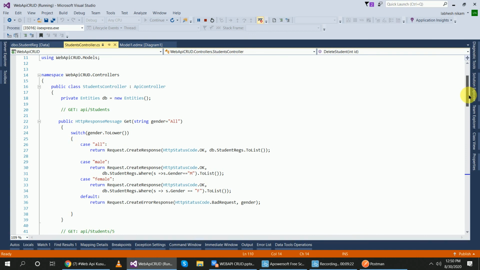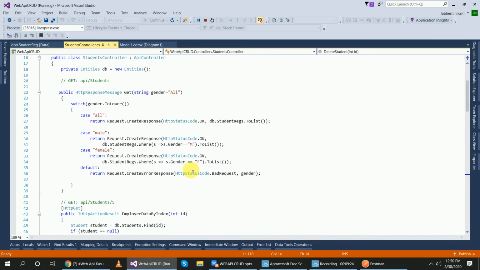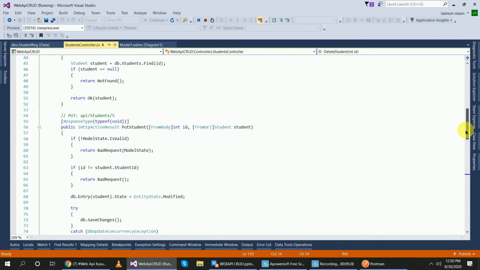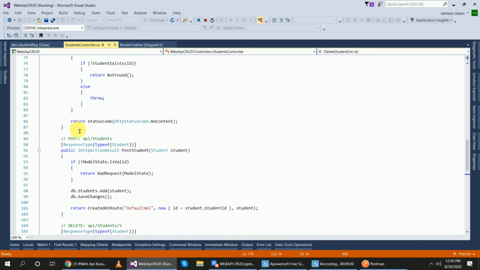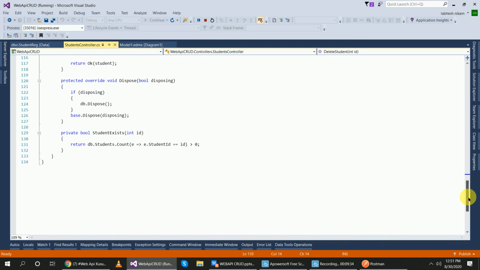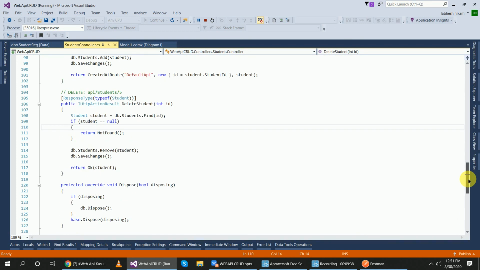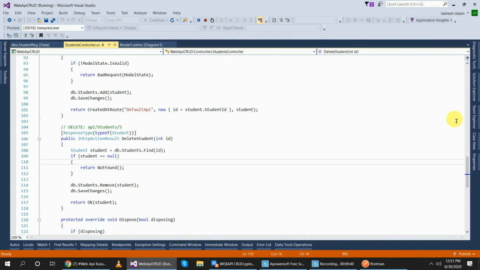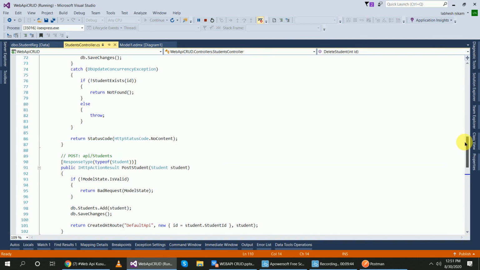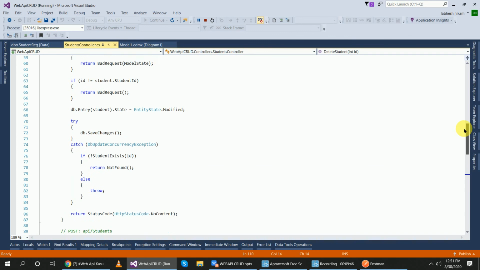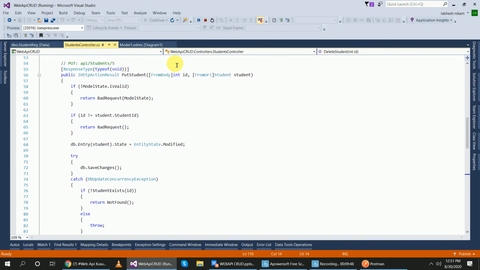Inside of this I have a get method and a get by ID method, post method, and delete method. Okay, delete. Is there a put method? Yes, here is the put method. So all the methods are here.